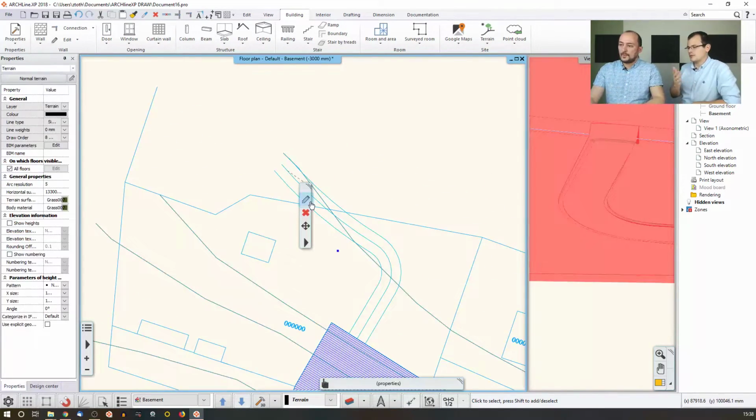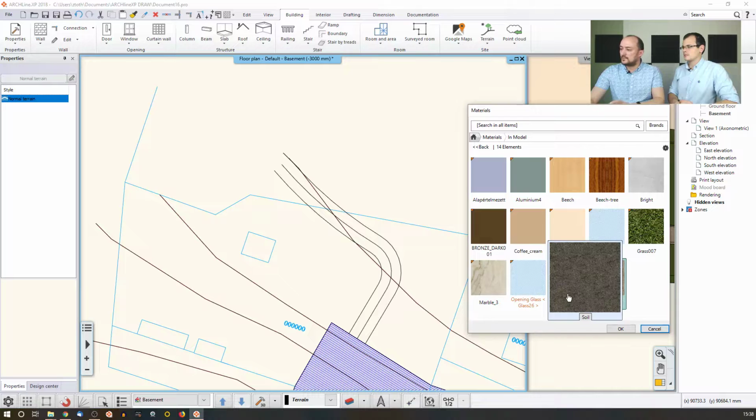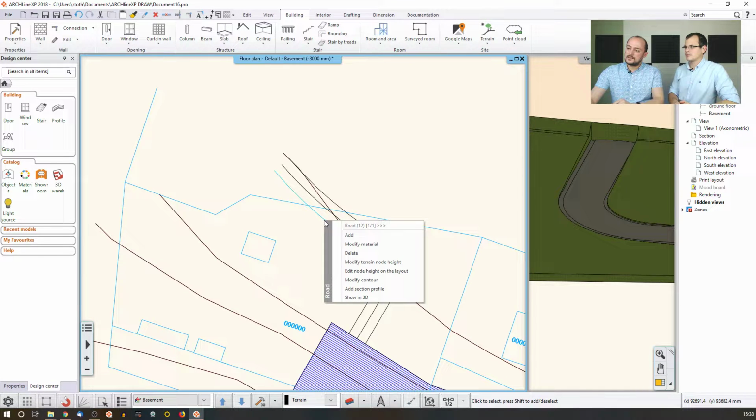There's another tool in the terrain options, and that is the zones. But I always want to know, how are those different from plateaus? Because they should be the same, right? So you are going to distribute or divide the terrain piece into smaller parts. How do they behave? Well, there is another thing before we go into that. I would like to show you at least two other things with this road. Obviously, you can also change the material of this road. You can go and find that, okay, this road is, for example, something like a darker area, and then the software will just change that material. And there's a few of these interesting options that you can